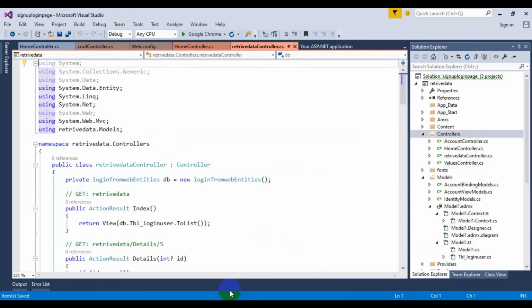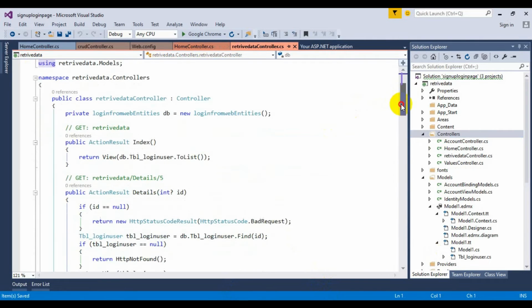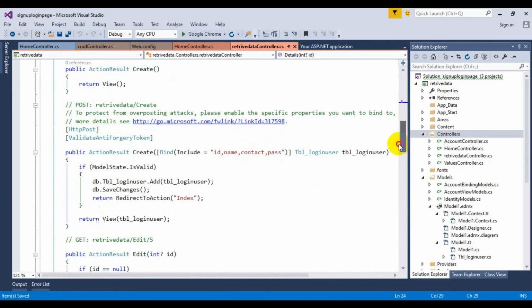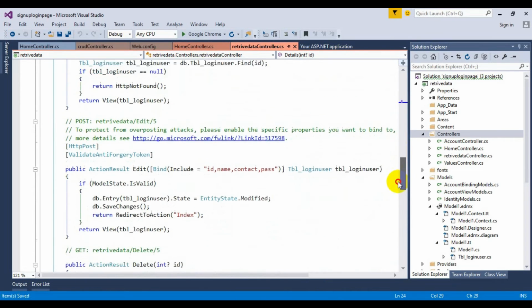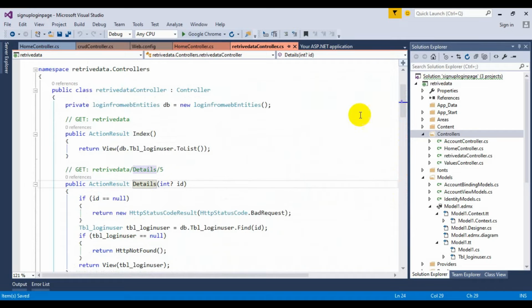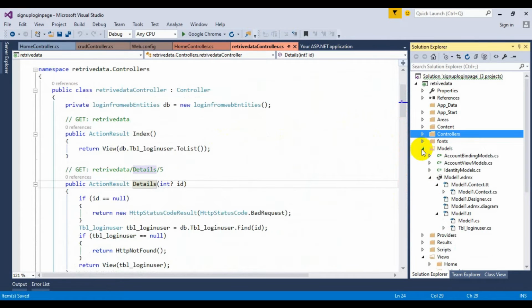Look out, our controller has been created, and in this particular controller we have automatically generated code, in which we have a list, a details option, a create option, an edit option, and a delete option. So I'm going to check it first. Close this.